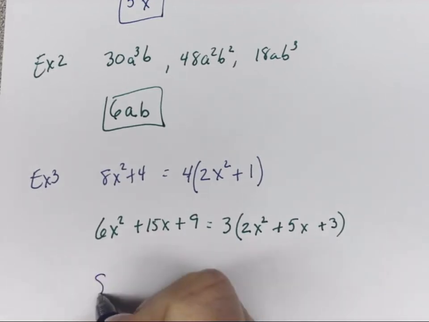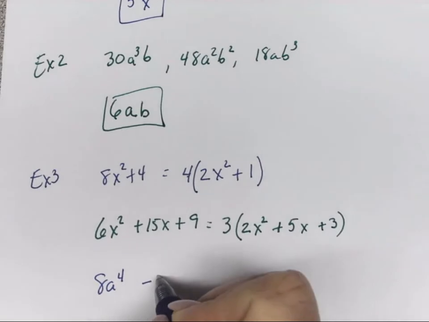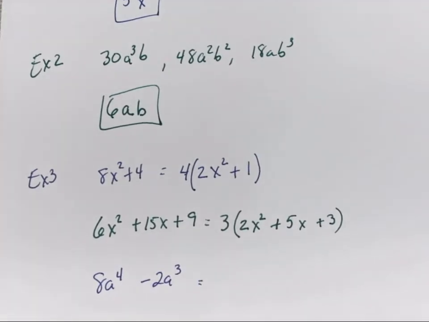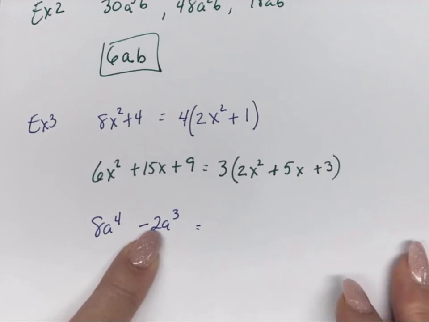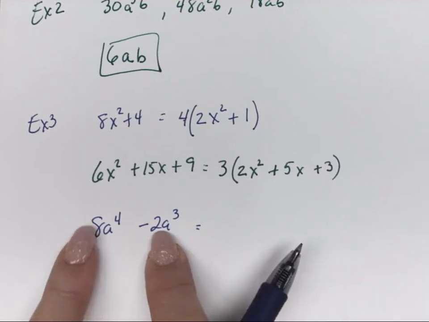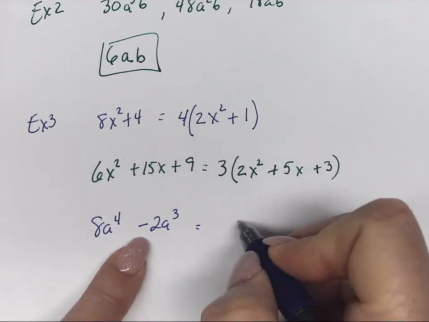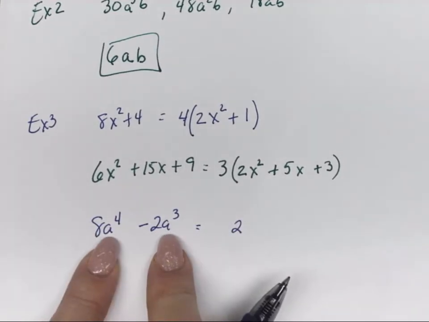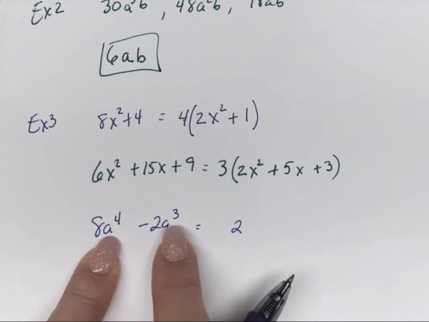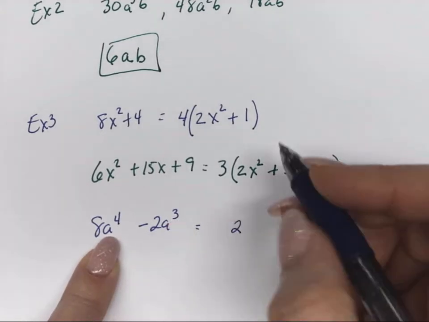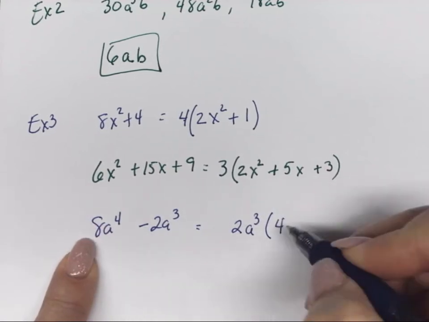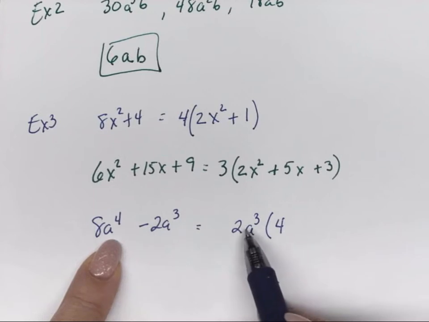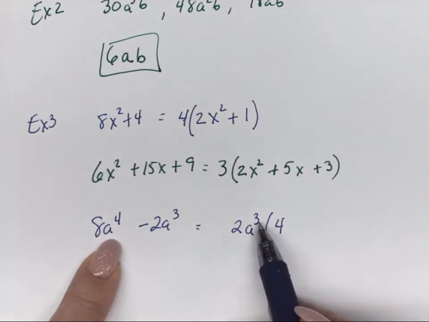All right, what if we have 8a to the 4th minus 2a cubed? Well, my smallest number is 2, so I can see that 8 divides by 2. So 2 will be our number, and they both have the variable this time, so I'm going to pull the smallest exponent, so a cubed. So 8 divided by 2 is 4. A to the 4th divided by a cubed, well, you subtract your exponent, so 4 minus 3 will leave you